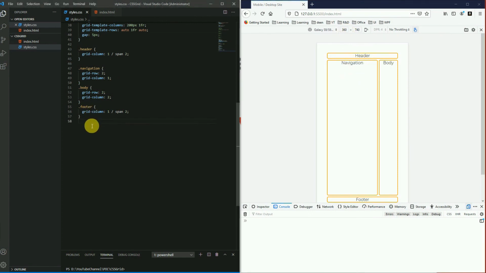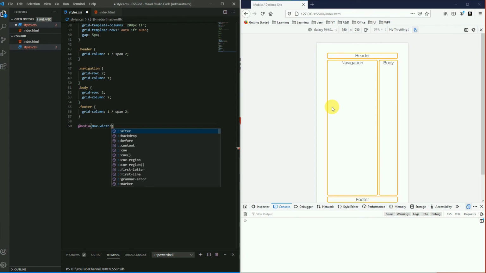So I'm going to put a media query here, media, and the max width. Here you can see max width 360. If the width of the device is 360 pixels, we need to put in the commented CSS.